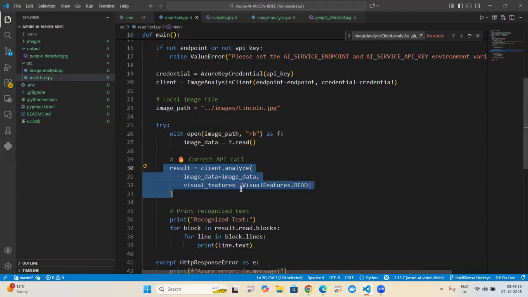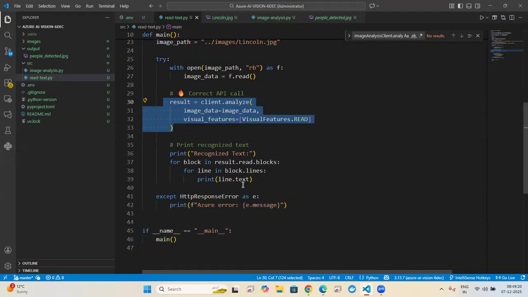In the images there are multiple things. Okay, in the image there are multiple things. And now we have